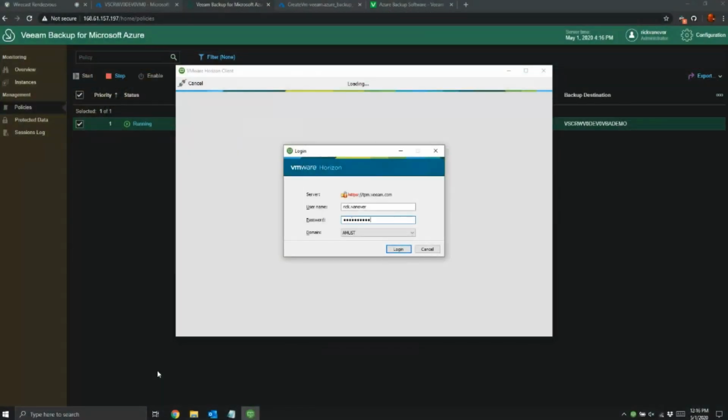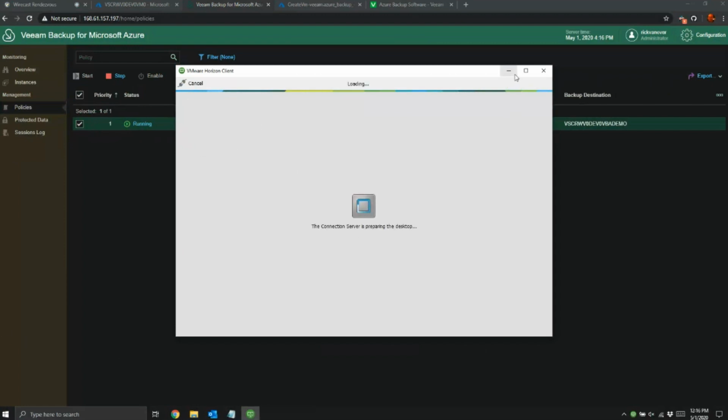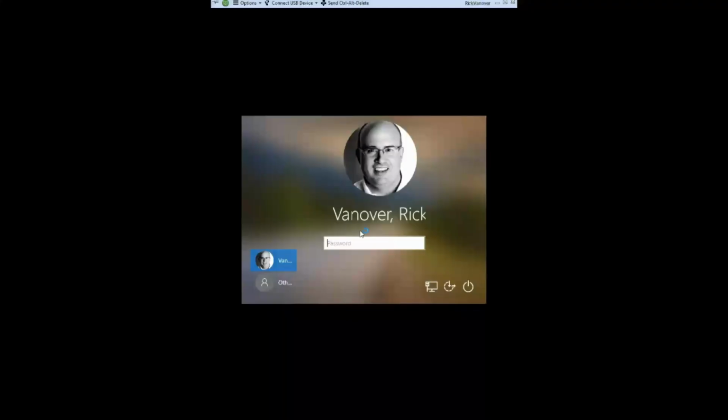So I'm going to log into my on-premises lab. Okay. So my on-premises lab here, did you know that I can actually have this hybrid experience where if I have my Azure VMs, I can actually get access to those backups on premises. So the environment I'm going to log into now through Horizon View, that's like my VMware and Hyper-V environments on-prem in the Veeam lab, which let's get a little bit better look here. But basically,